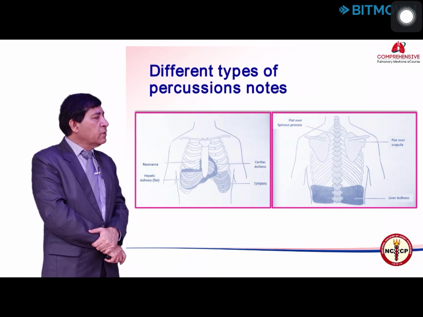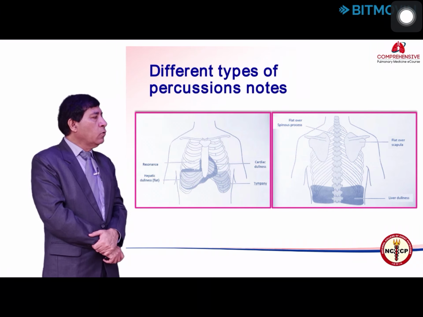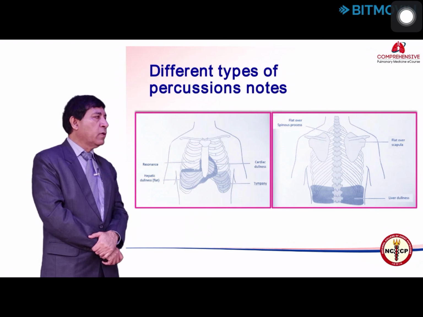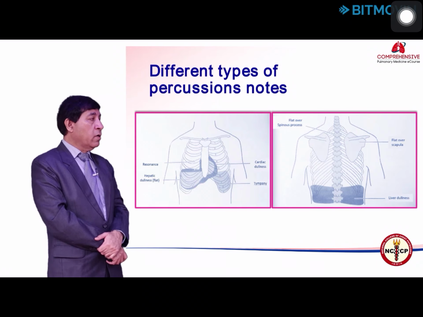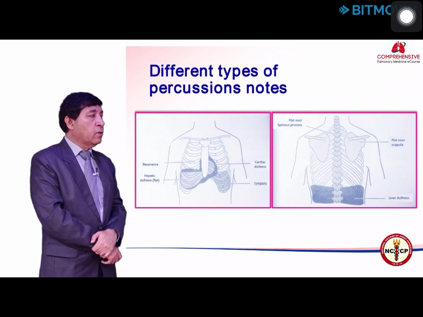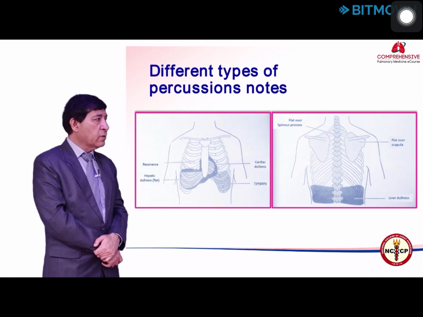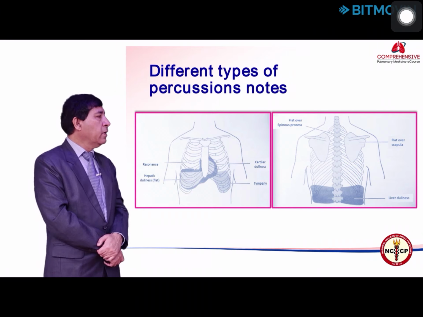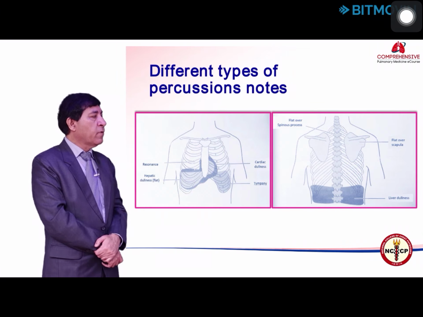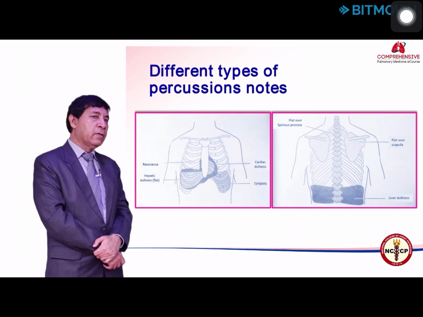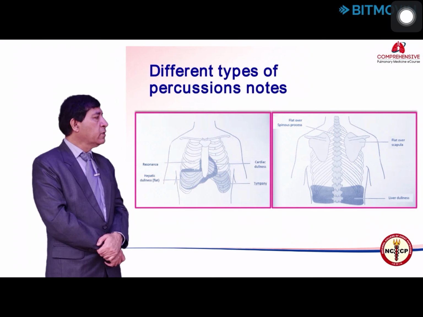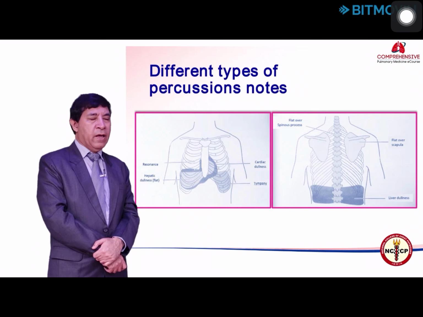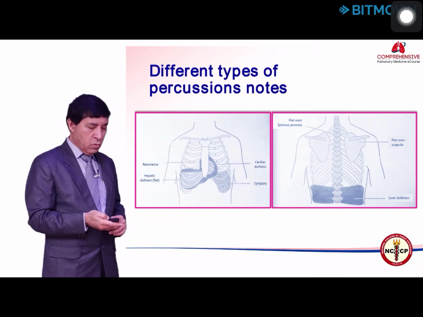And when you are percussing, it is very important that you don't percuss over the bony parts. So don't percuss over the scapula. When you are percussing there, you are doing it over the suprascapular area, interscapular area, and the infrascapular areas. And then anteriorly, you are percussing from above downwards at the mid clavicular line, and these are the areas normally, and also at the right and left mid axillary lines you are going to percuss.